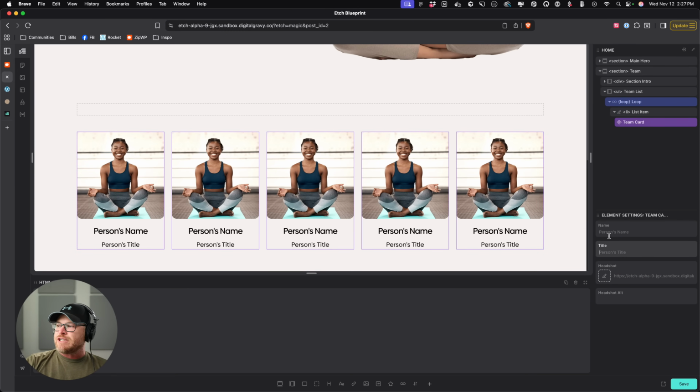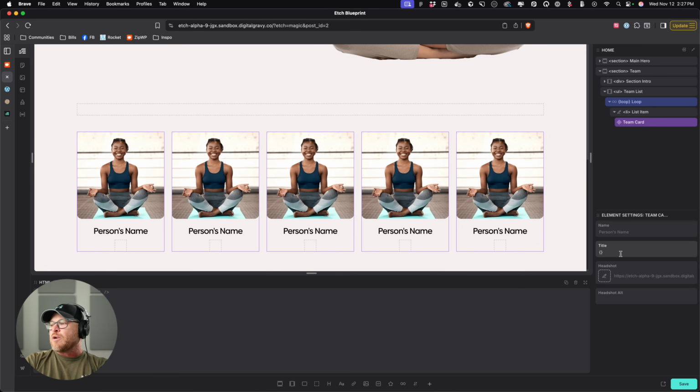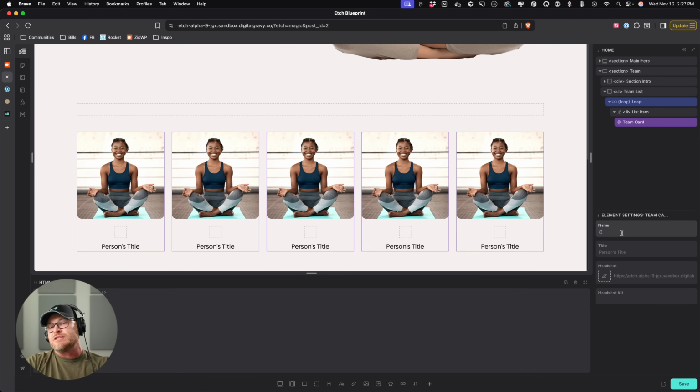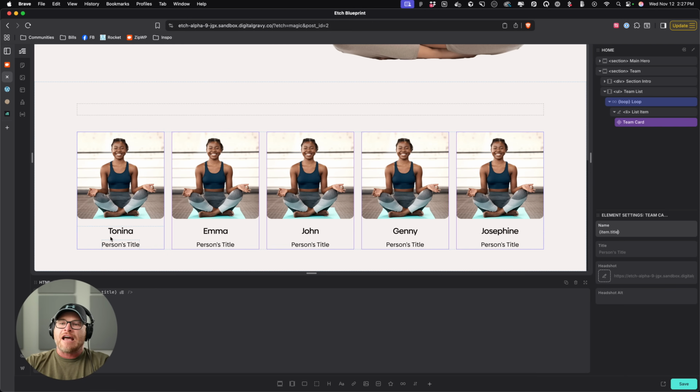Now, what can I do here? I have one component, but I see 5 of them. How do I get the content in there for each one? And we just do that with a little bit of dynamic data, right? So what we're gonna do is item dot, and then we actually don't have a custom field for the title yet, so we'll do that in a minute. Person's name is gonna be the title of the post, because those are posts in WordPress. And so I want the title of the post. And now you're gonna see I got